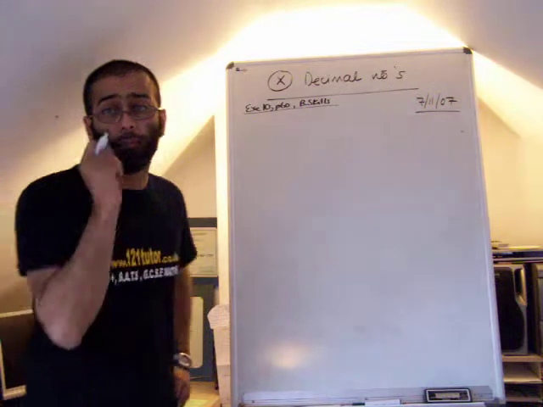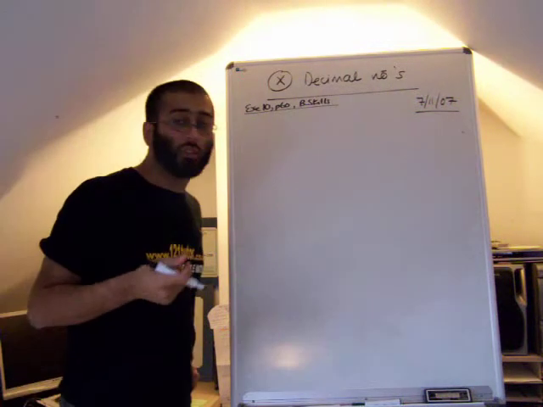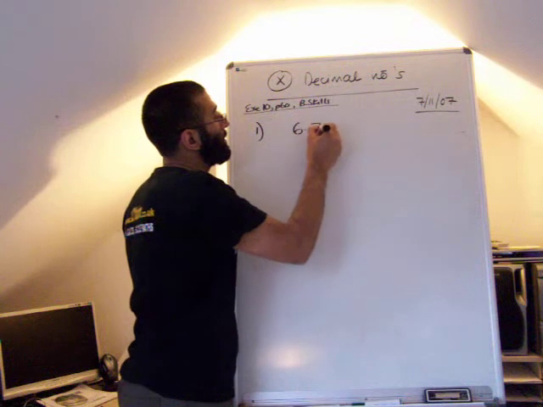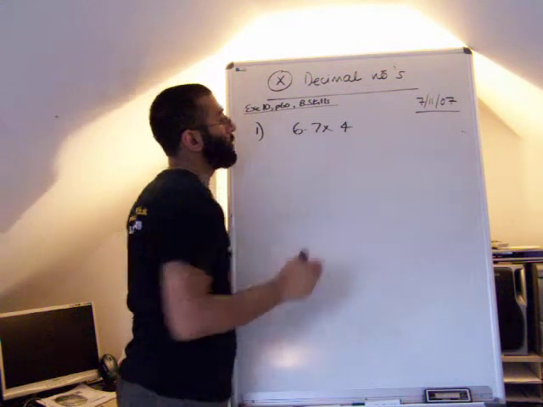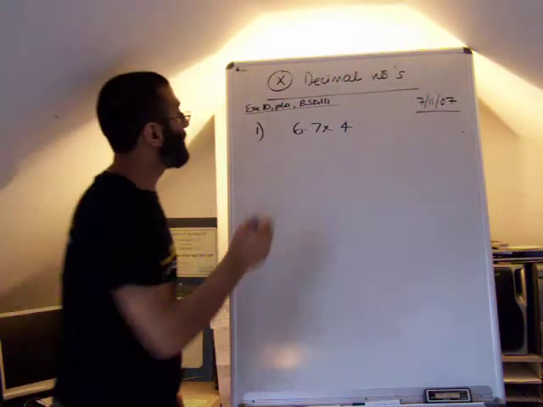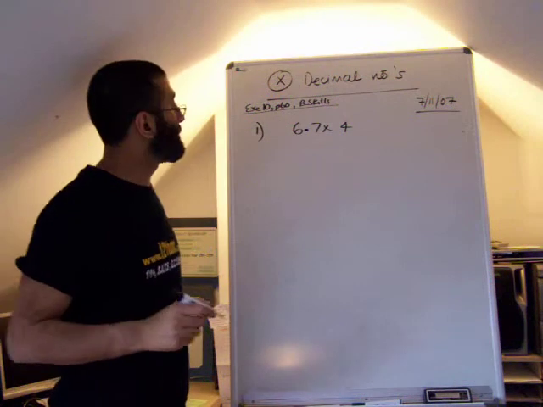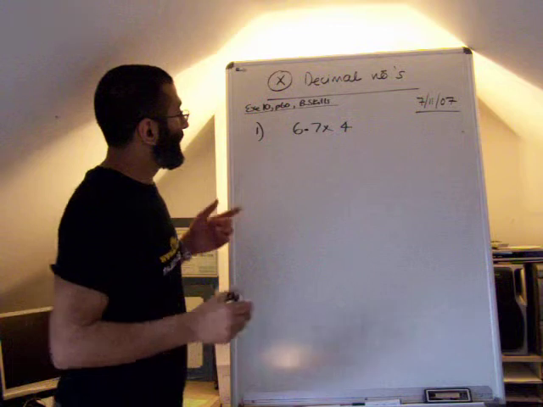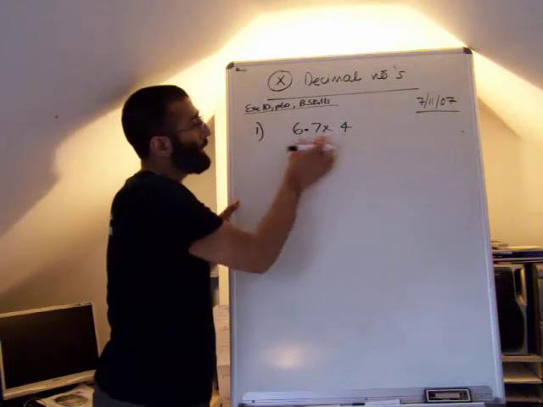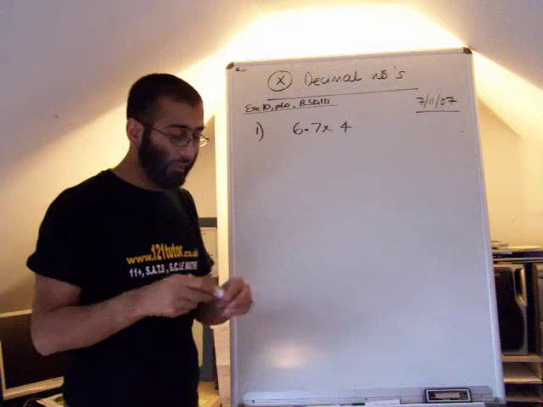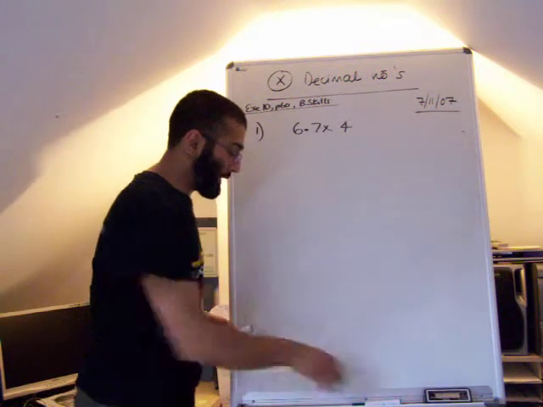Okay, right. Now, let's have a look at one of the first questions. You have 6.7 times by 4. Let's make that decimal point nice and fat so you can see it. In this question we have a decimal number and a whole number. And the rule that we have for multiplying decimal numbers is